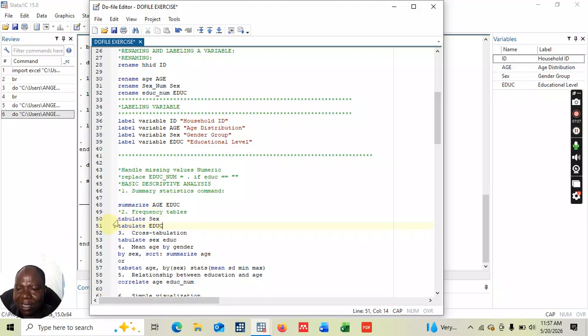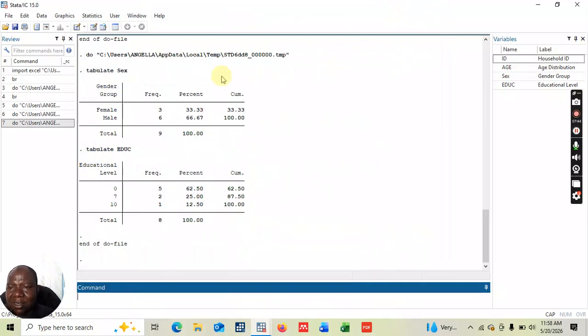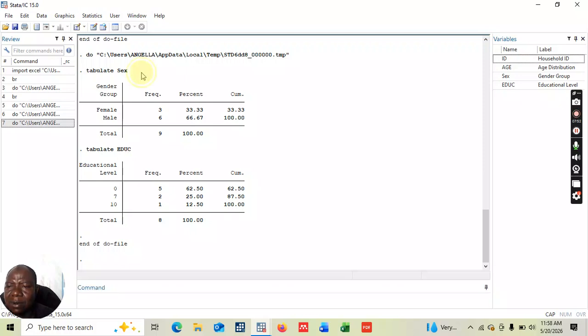Once you have the indicator or the command correct, you can just highlight and execute. When you are using a do file, you can do this at once. So let us see the frequency of these indicators for sex and that of education. So for sex, both male and female,